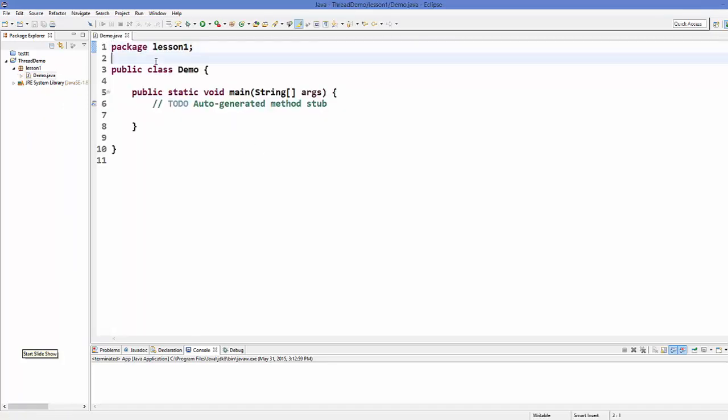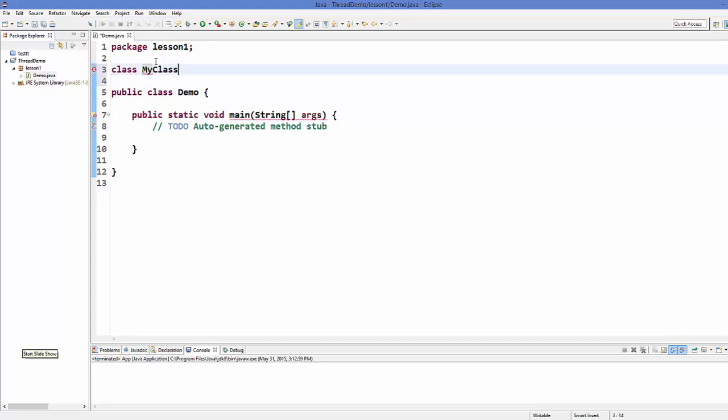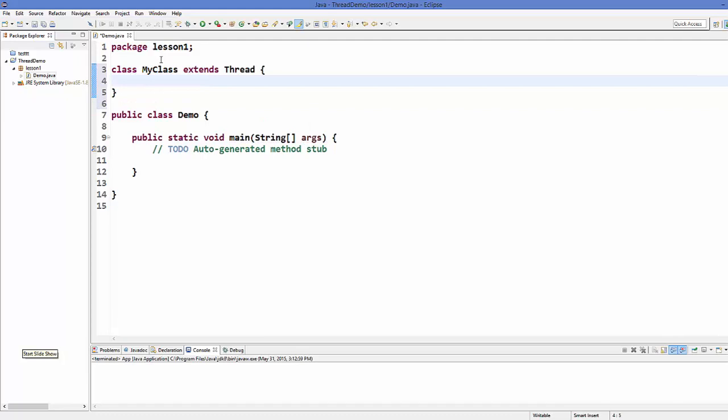Now, as I told you, we want to extend from the Thread class in order to create a thread. So I will create a class, and I will name it MyClass, which extends the Thread class. Second thing, we have learned that we need to implement a run method.